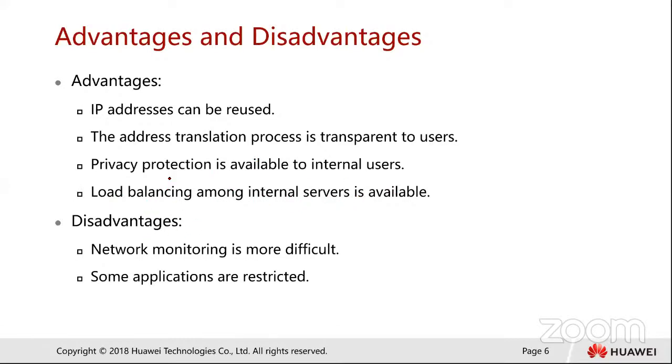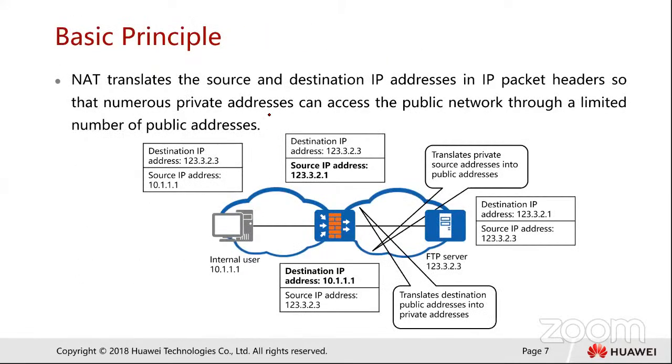But because of this privacy and protection, network monitoring is more difficult, because if you're monitoring and addresses are being translated, sometimes tracking down where the packet is coming from becomes difficult. And some applications are restricted. They do not necessarily need you to translate their IP addresses. So the basic principle is that NAT translates the source and destination IP address in IP packet headers so that numerous private addresses